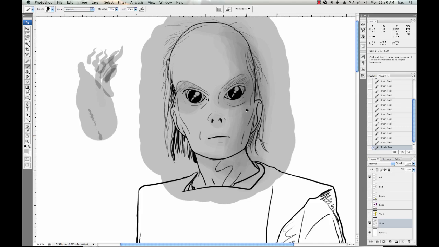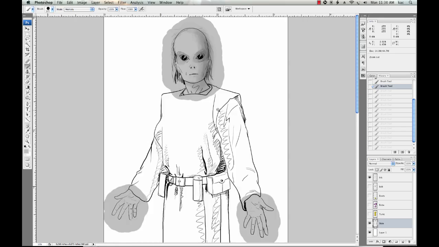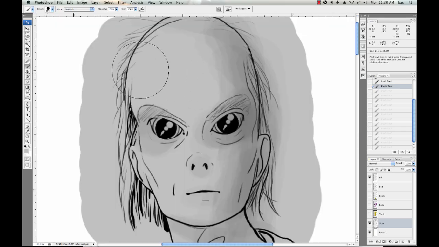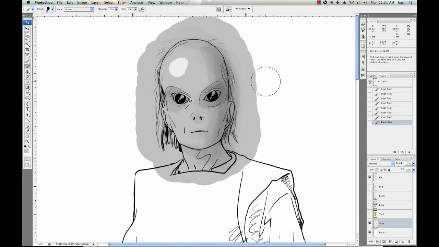So let's go back here and get rid of these extra strokes that I don't need. And rather than do the whole painting, let's not end yet. Let's add in some of our highlights. So we're going to go up to here. We're going to choose now screen, which is the opposite of darkness, and this is going to subtract pixel values. And again, I don't want to use 100% opacity because that would be extremely dramatic and more than I need. So I'm going to change this back to 10% so that I can build